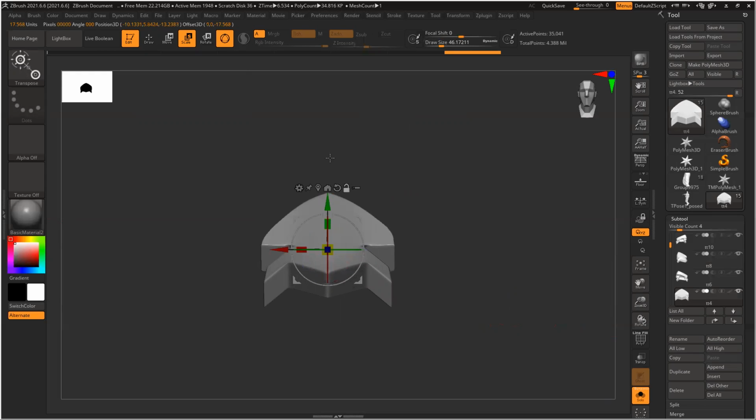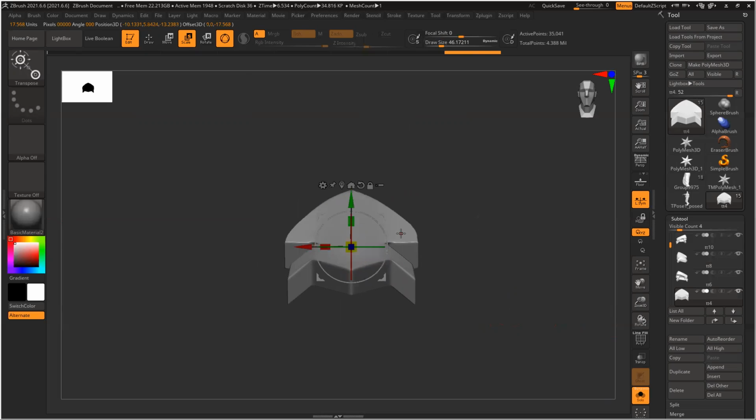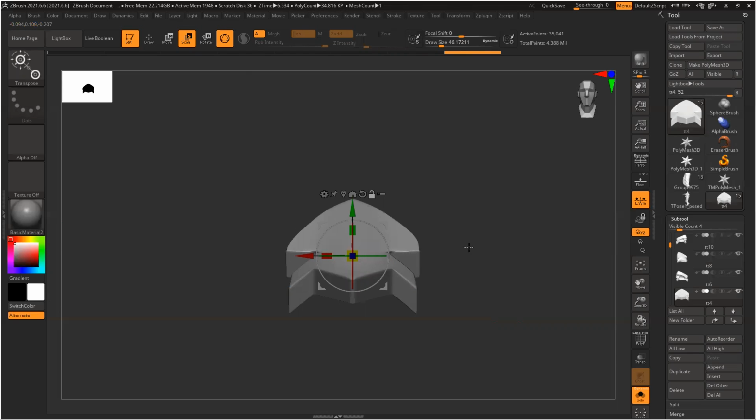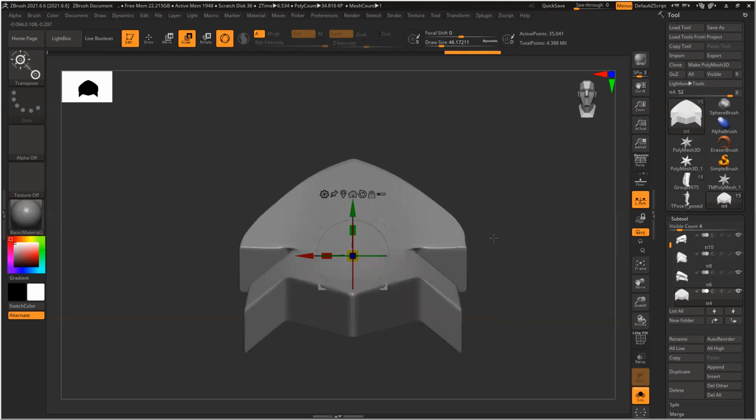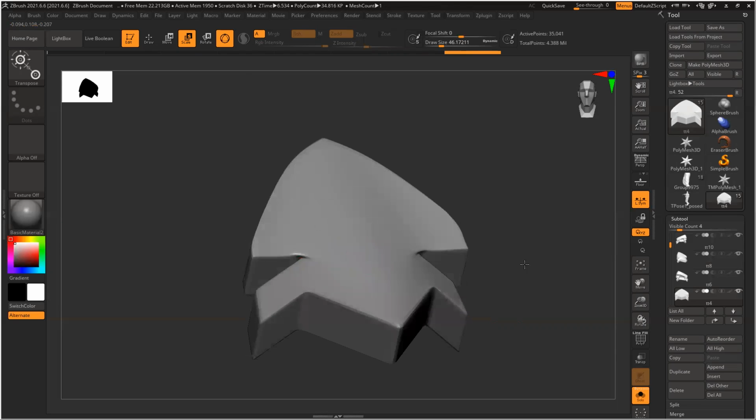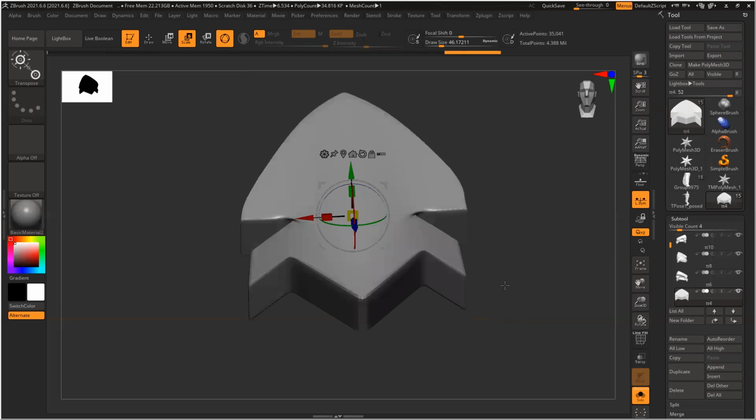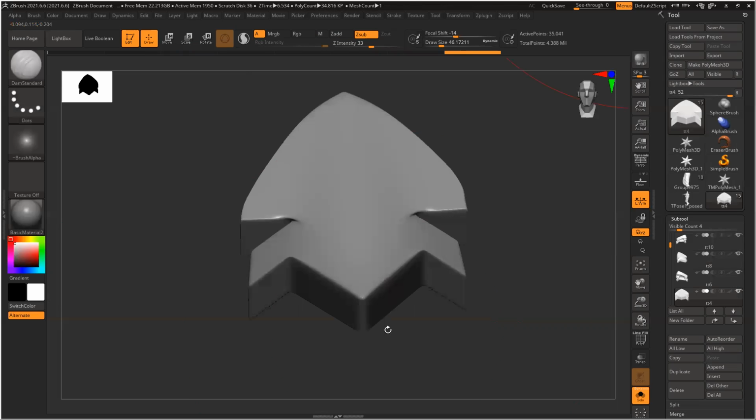Okay, so I created this thing and I can switch on my local symmetry X. Now it should work perfectly. Yeah, it's working. So I rotated this so I can work on symmetry very easily, and then I can just rotate and place it there. That will be way easier than creating every part manually. So let's work on this BDS standard.